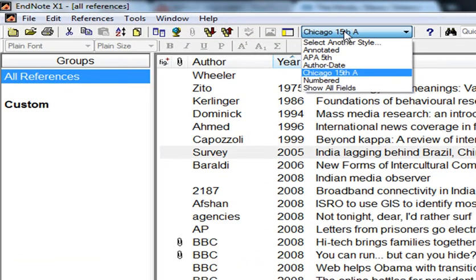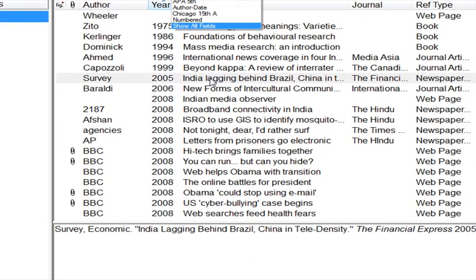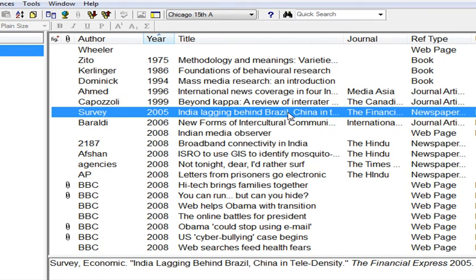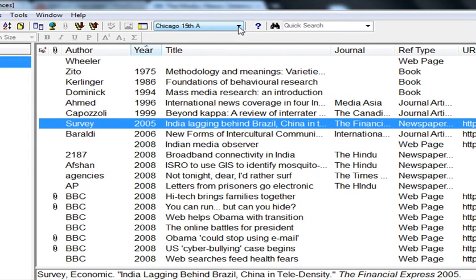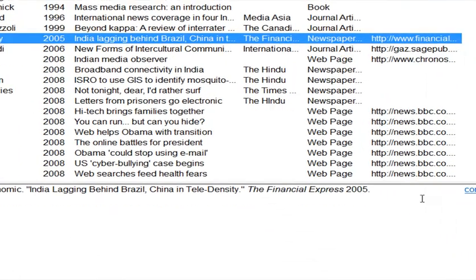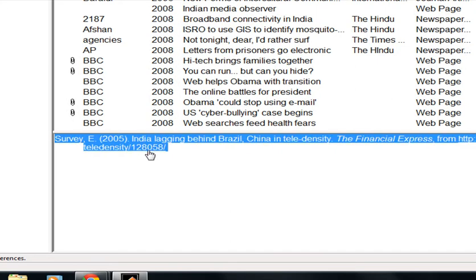Chicago, this is Chicago 15th annual style. This is CMS, Chicago Manual Style. If I want this reference in the APA format, then I have to click the APA style here and see, the reference is changed.